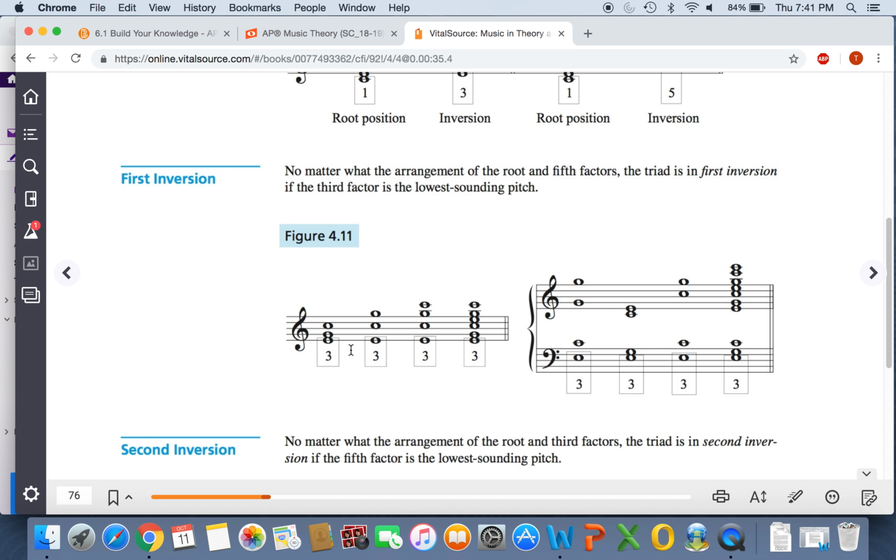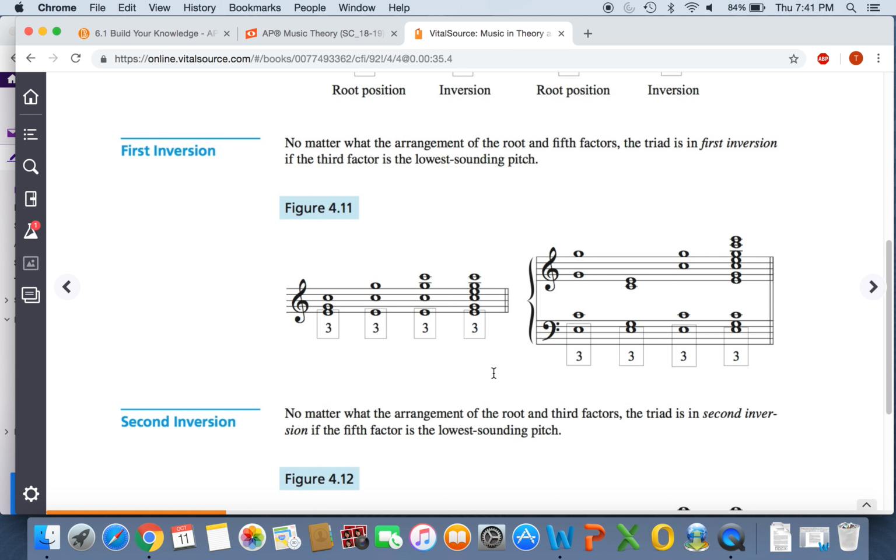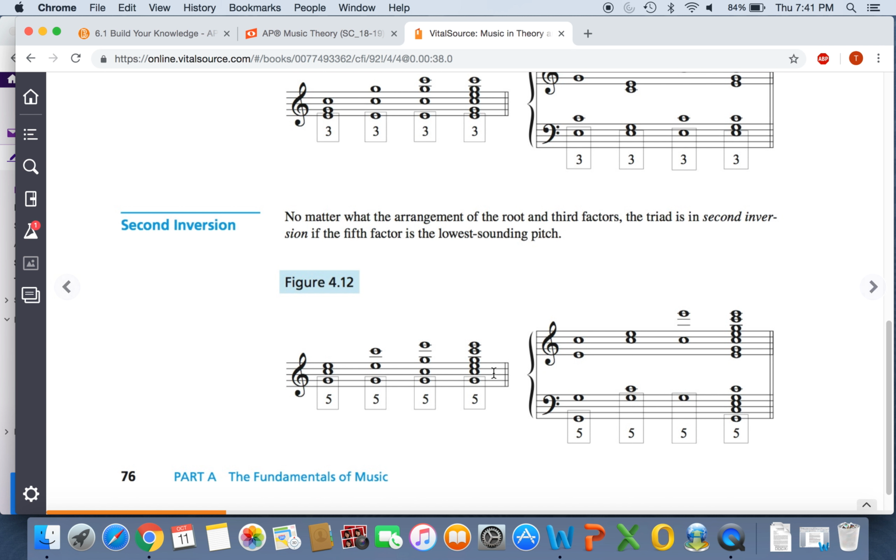These are all C major chords, okay? No matter what they do with the upper notes, it begins on the third. We good with that? First inversion chord. Second inversion chord. No matter what the arrangement of the root and third factors, the triad is in the second